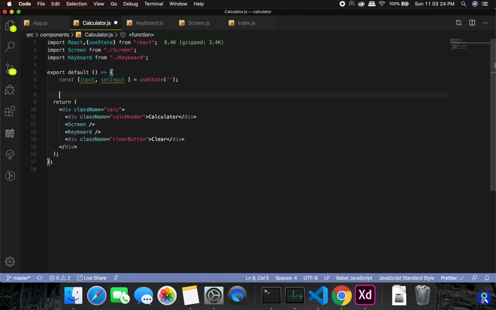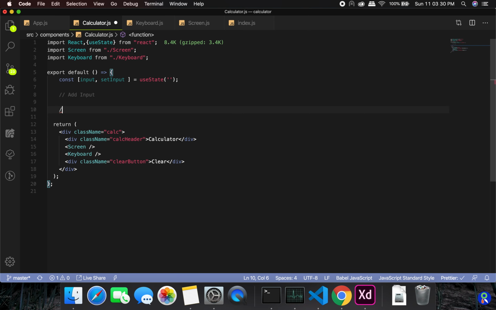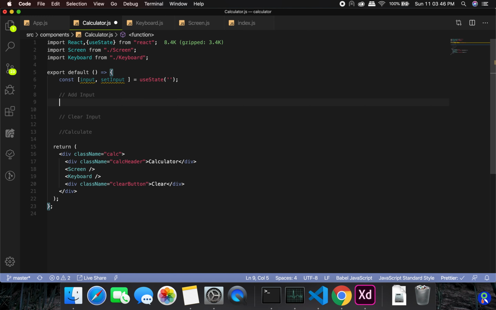And okay, so there will be a few functions. One will be add input, second will be clear input, third should be calculate. Okay, calculate. And this is something that we need for now. So let's begin with add input. So const addInput,